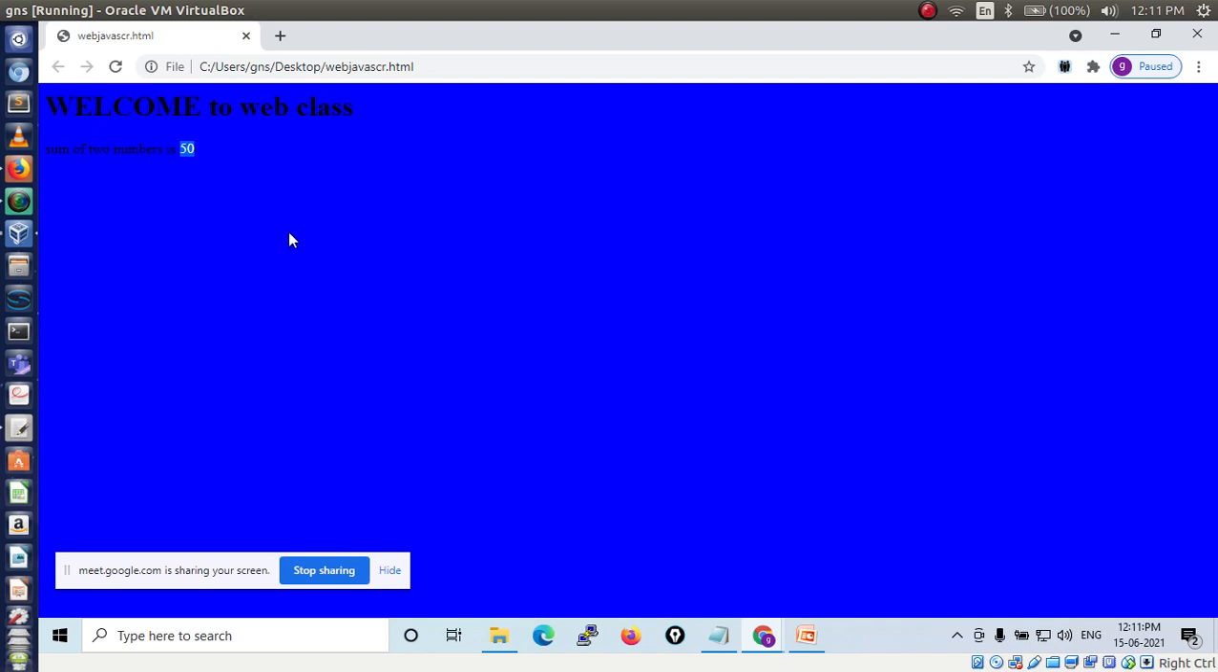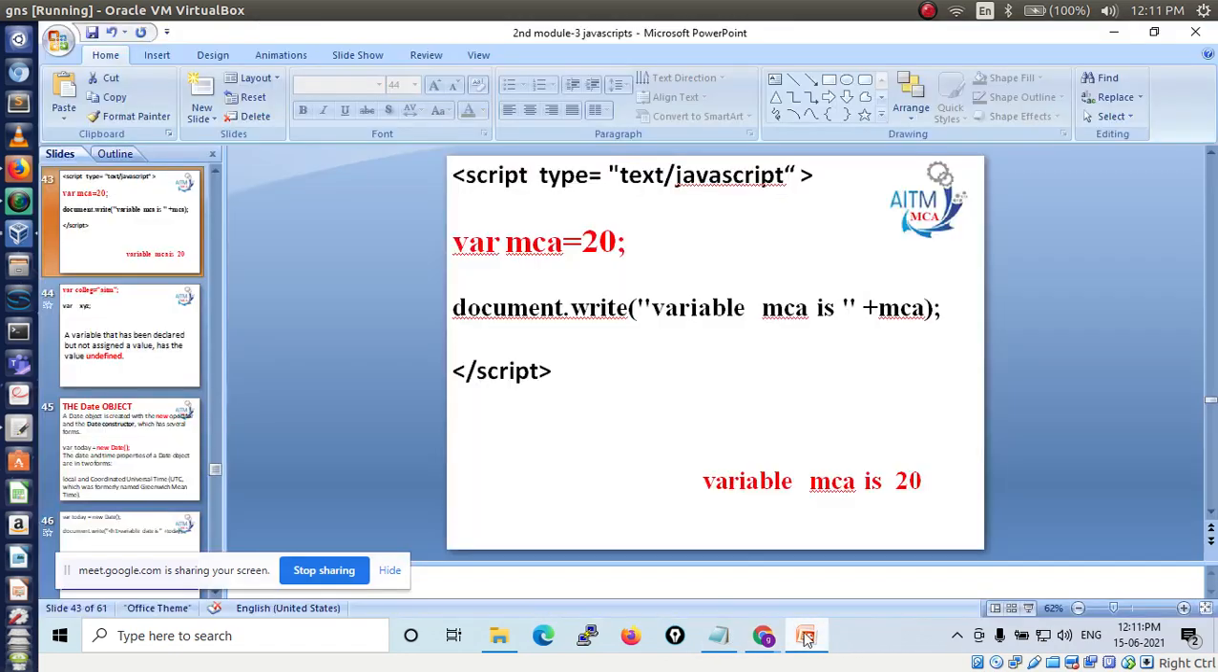By the way, this one is our HTML page. See here, file name. What have I given as the file name? Web javascript.html. In this HTML we are using script tag. Okay, I hope it is clear. Now the next one is